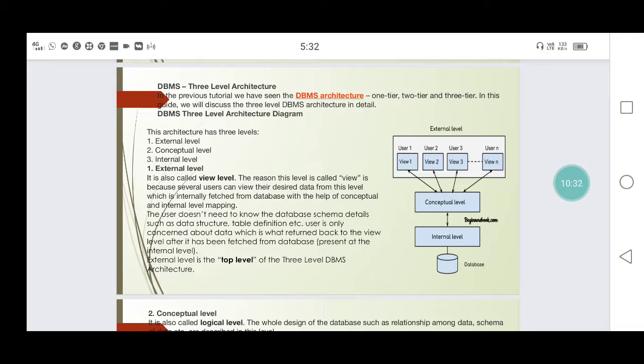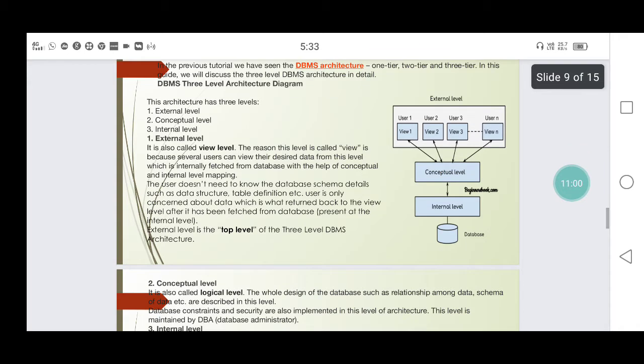The user does not need to know the database schema details such as data structure and table definition. The user is only concerned about the data returned back to the view level, which is fetched from the database. The external level is the top level of the DBMS architecture, used by those who use the database management system.